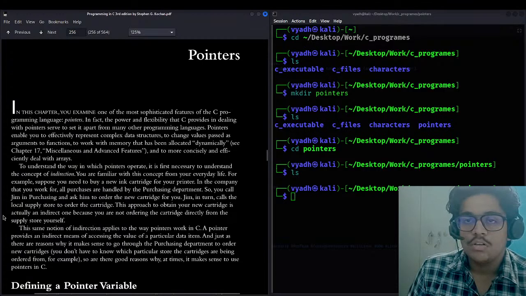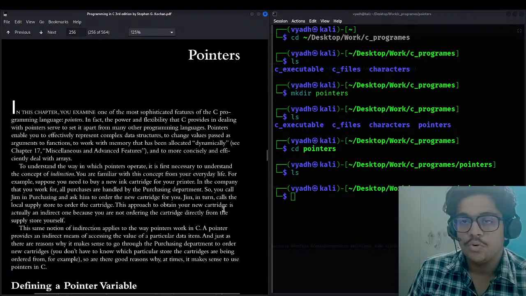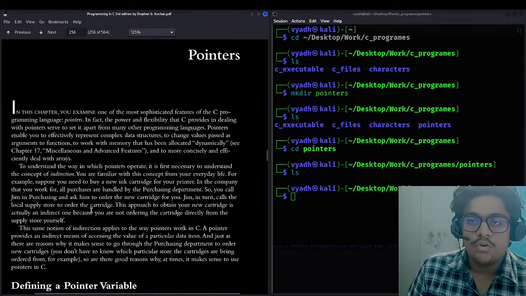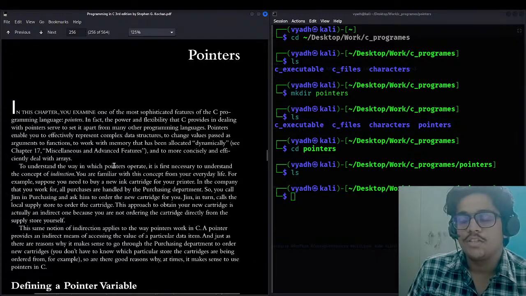Jim in turn calls the local supply store to order the cartridge. This approach is actually an indirect one, because you are not ordering the ink cartridge directly from the local store. Instead, you are contacting the purchasing department to order it, so you are ordering indirectly.